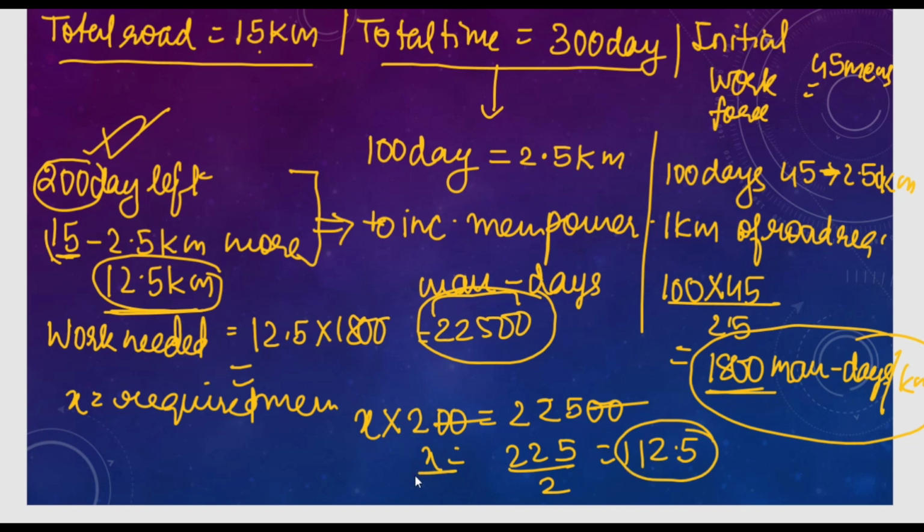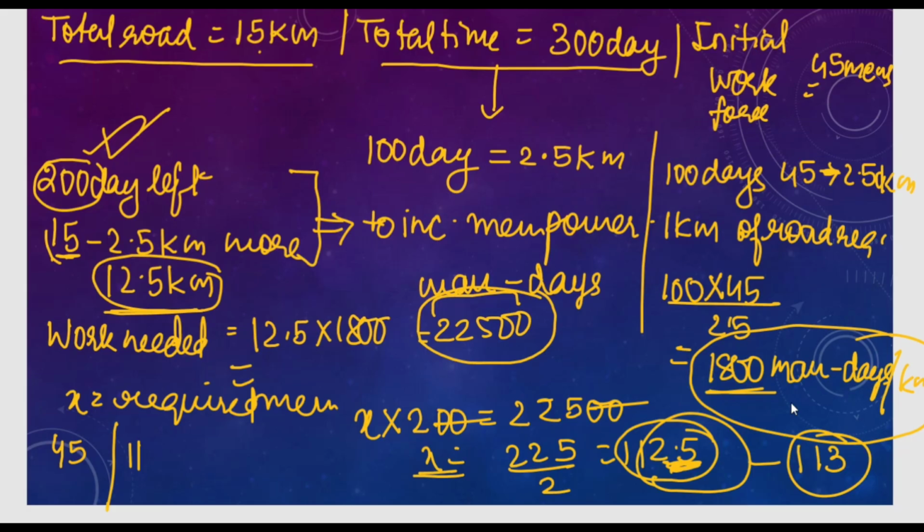Okay, now this is the total number of men working. Currently he already has 45 men. I have asked in the question how many more? So beta ji, what will I do? I suppose I am rounding this up, as half a person is not possible, so I am doing it this way, right? Because the approximation is 0.5, so we can increase by one. So I have made it 113, right? And currently he already has 45. So extra will be what? Minus. Yes, ma'am. So tell me what will be the answer?